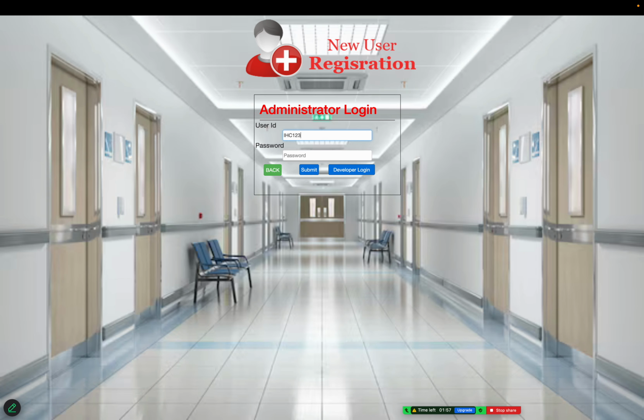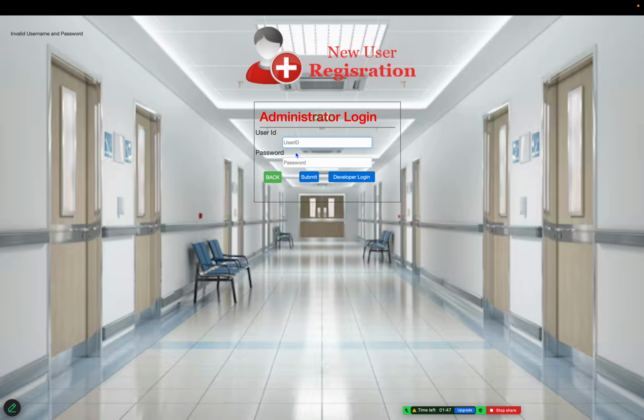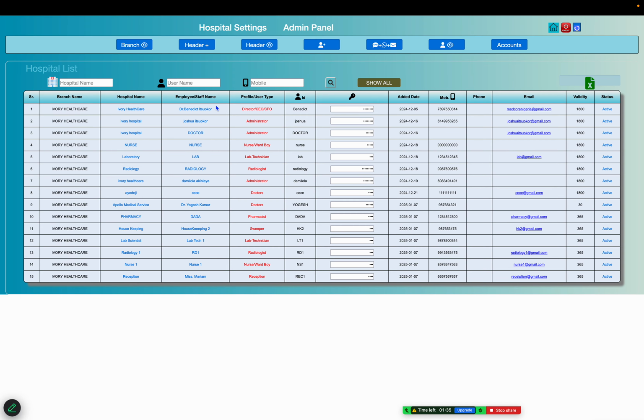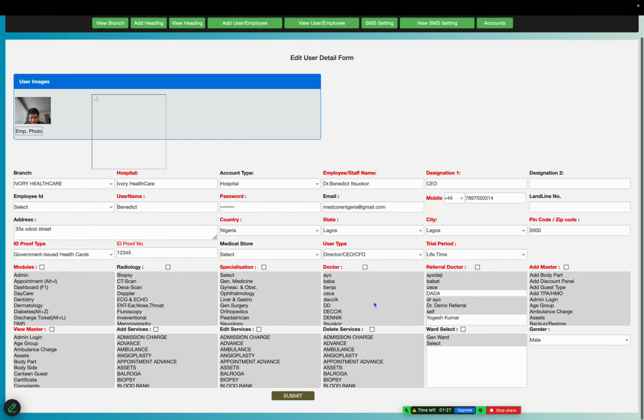Yes, that we will guide you. Enter the login and submit. So this is your account, right? You have all the doctors. Yes, he does have an ophthalmology doctor. Okay, but everything is selected here as well. Still, the patient is not showing in the ophthalmology module.